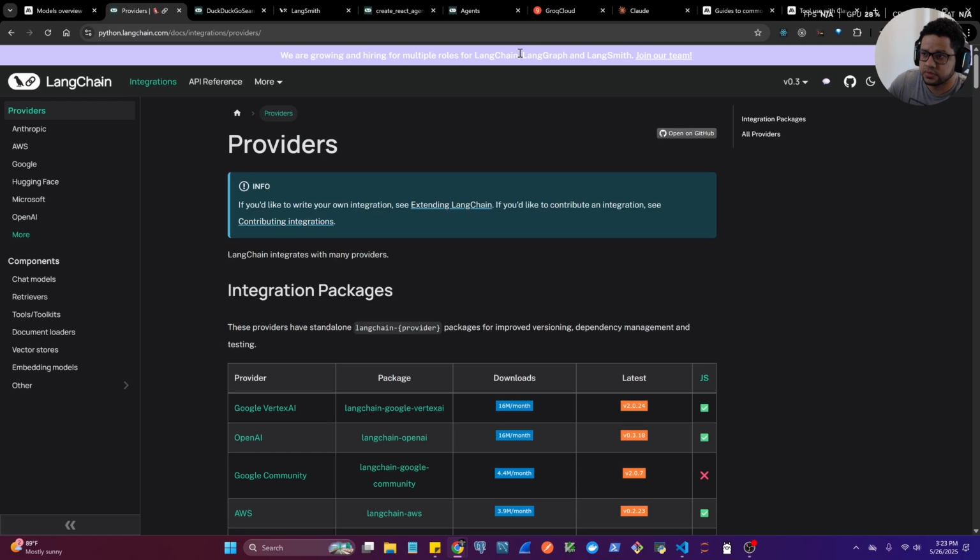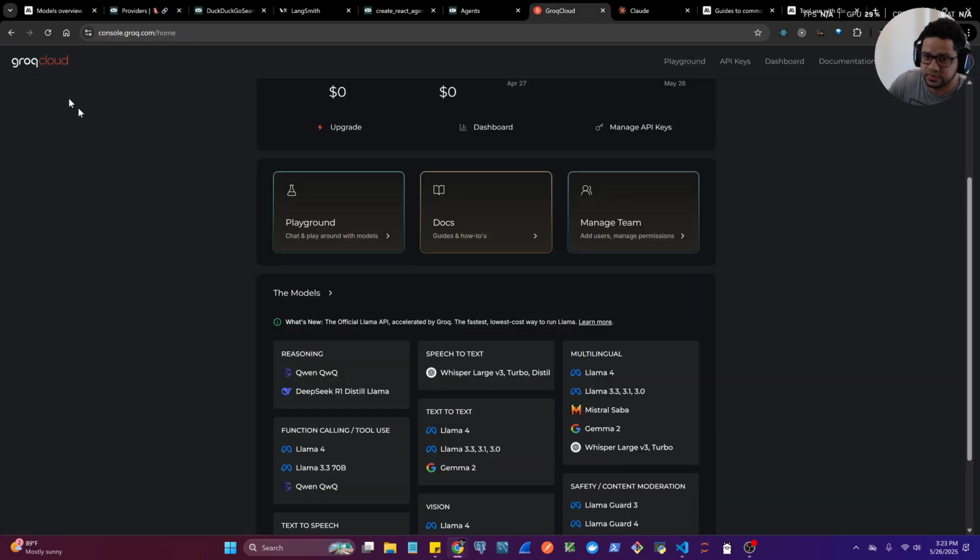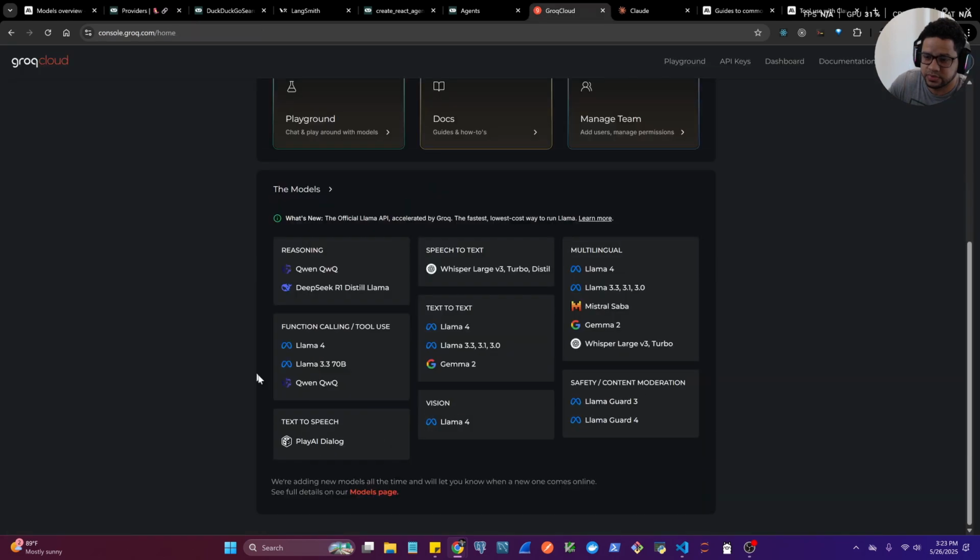So the only thing you have to make sure, let's say if you're using Groq, is that you pick a model that is able to use tools, right? So like Llama 4, Llama 3.3, go ahead here, you can use any of these three that are available here. And you can just look at the names inside of the,